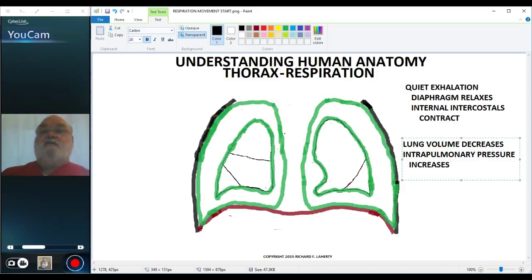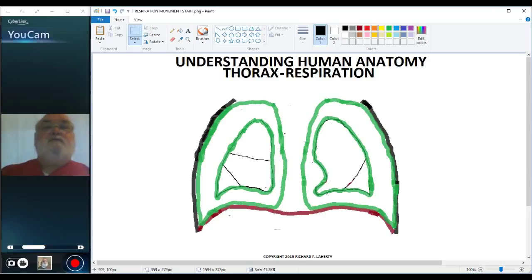Now, I'm not going to do diagrams for forced inspiration and expiration. Forced inspiration and expiration would be taking as deep a breath as you can and then forcing all of it out. This moves a much greater quantity of air in and out of the lungs. But to just explain what happens in a forced inspiration,